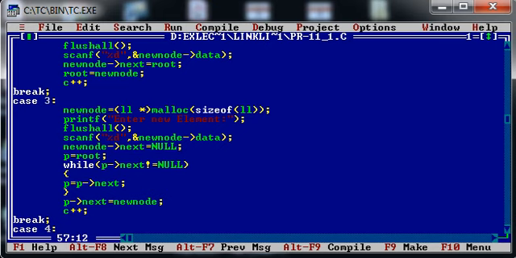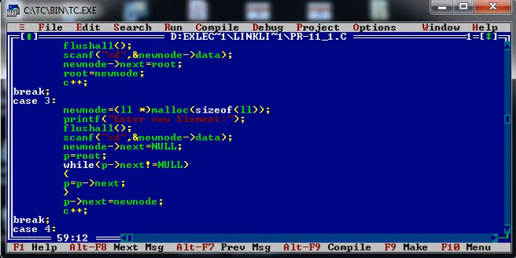We can do that with the help of the address part. If the address part of a node contains null, then we can say this node is the last node, and that is the key point so far as insertion at the end is concerned.